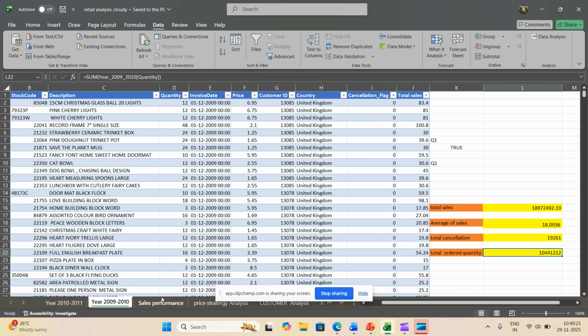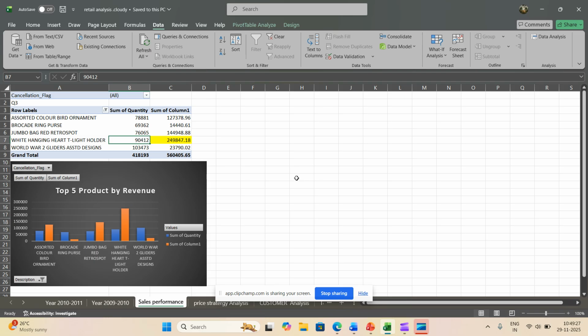Move further to our sales performance report. On the screen we can see I created a pivot table with the product description, quantity, and sales value.